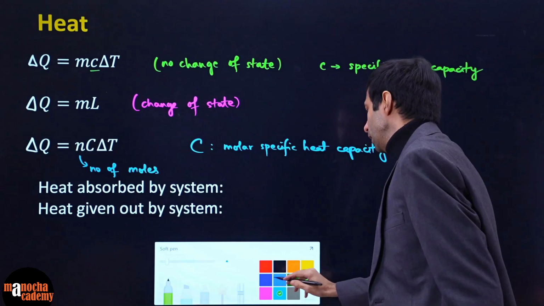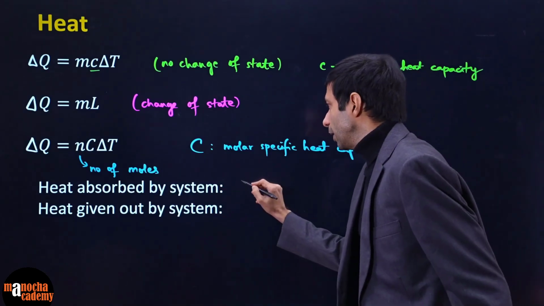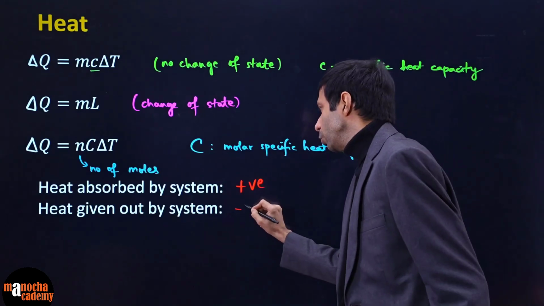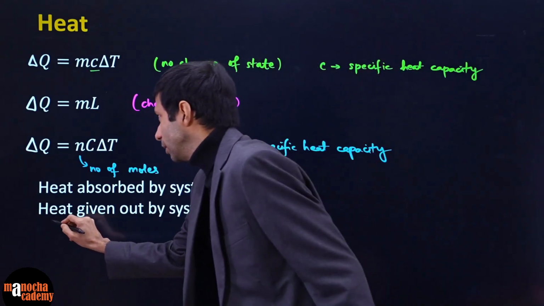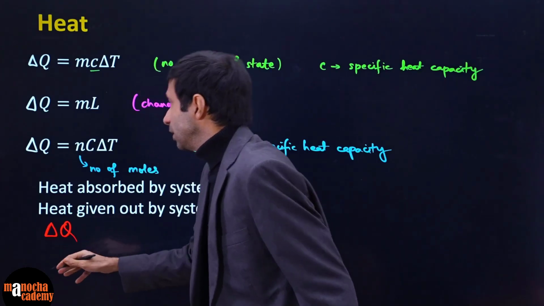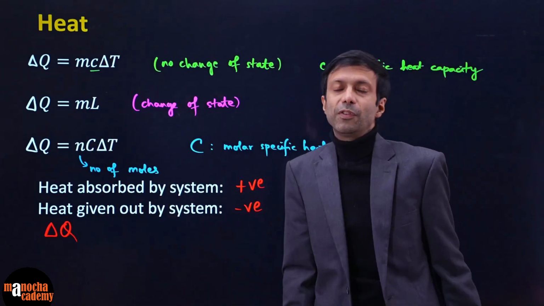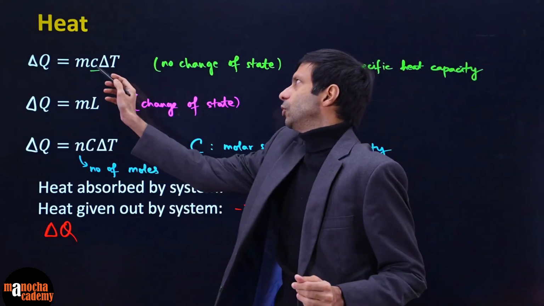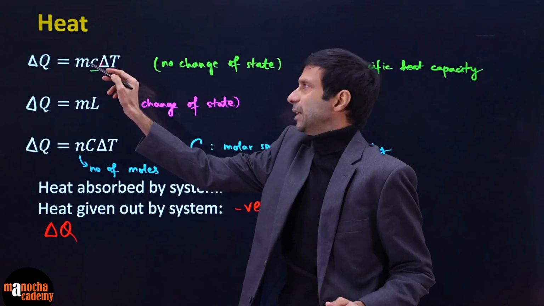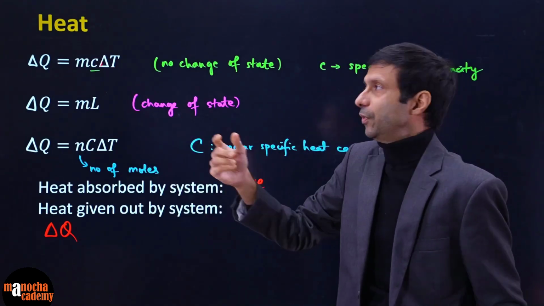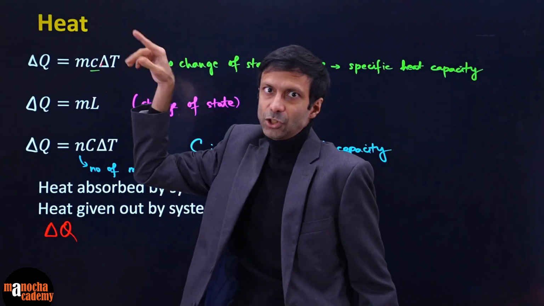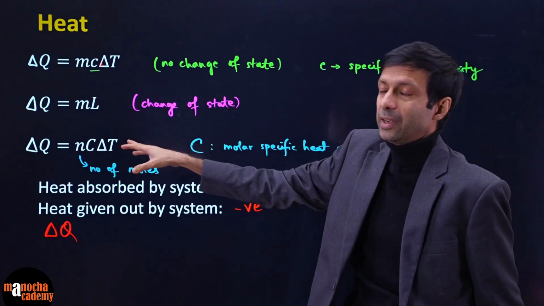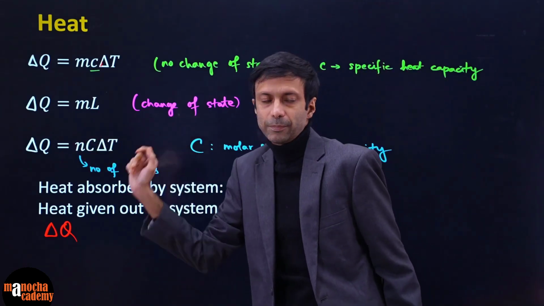And as we've discussed, if the heat is absorbed by the system, we will put in that equation the number as positive. If heat is given out, remember to put the number as negative. Heat means we are talking about delta Q. And these are the different types of formulas of delta Q that you can be using. Clear? In physics, there's another one which is called simply heat capacity, where it is not specific, so that MC becomes C dash or capital C. This is different from the molar one I'm talking about, where we are multiplying with the number of moles.